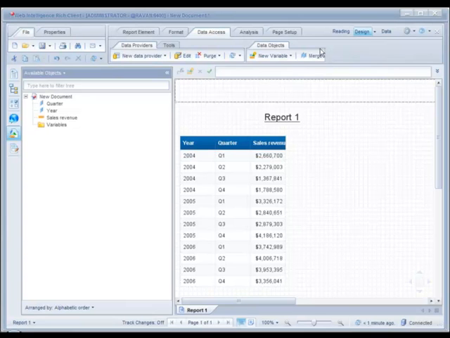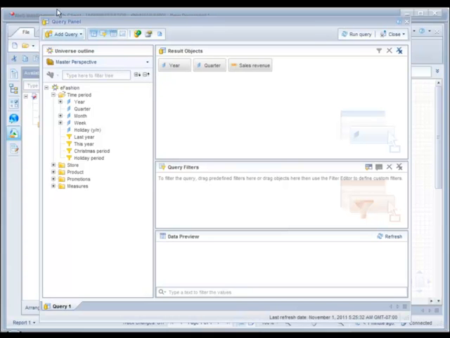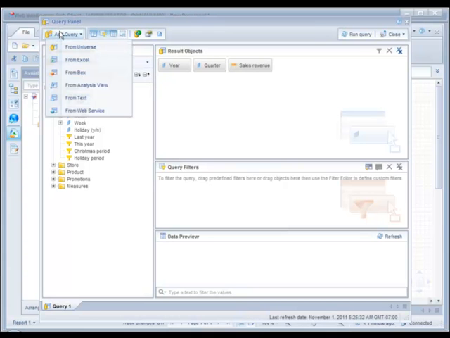The next, merging. You will see merging. Now you have one block. If you want to create one more block, now I have a report with the year, comma, quarter, comma, sales revenue. I want to create one more query. Go to edit. When you go to edit, there you can create one more query, add query